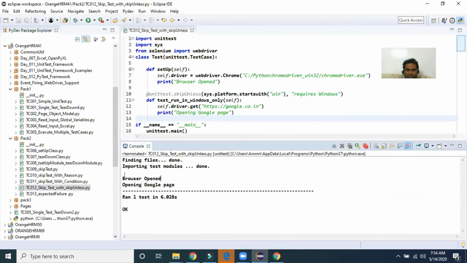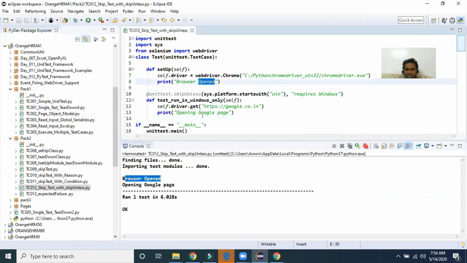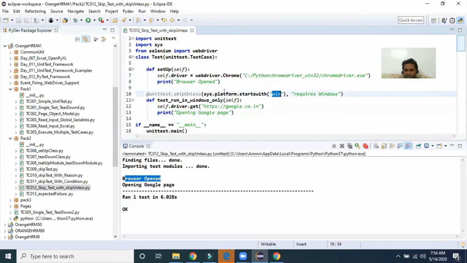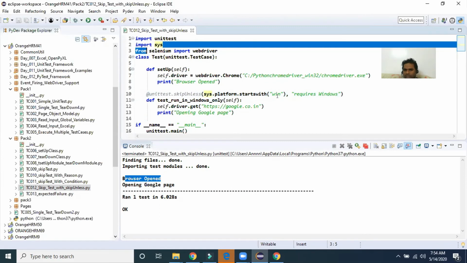Here the browser opens, this part is executed, and it opens the Google page. This part also executed because sys.platform starts with Windows only, so it's executing.